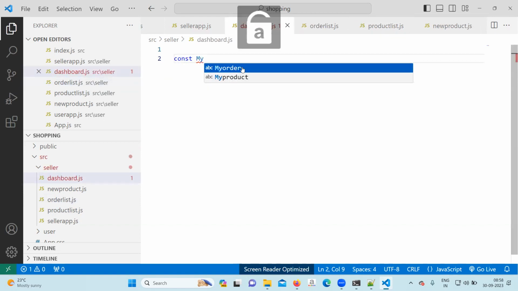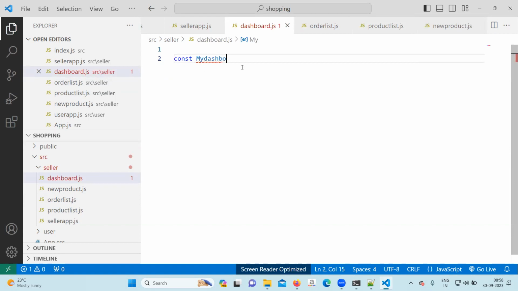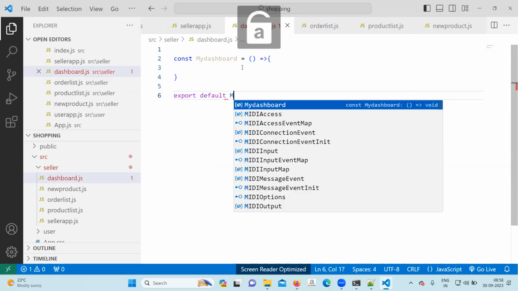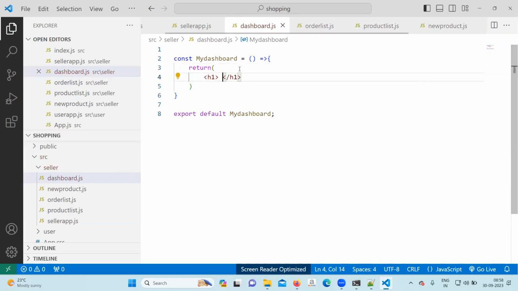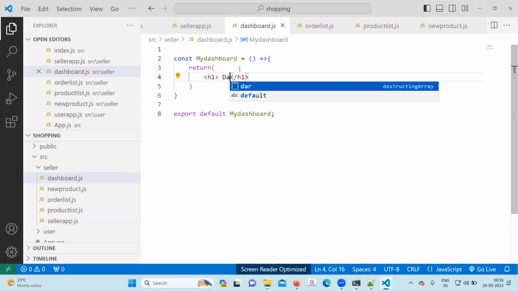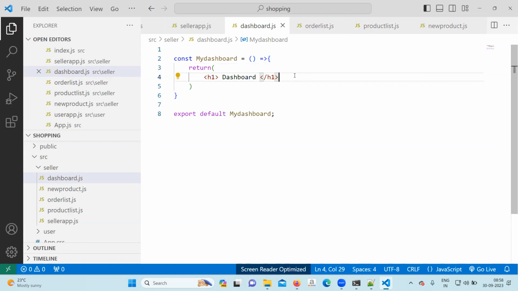Const my dashboard, export default my dashboard, return H1. Okay. So hope all components are ready.